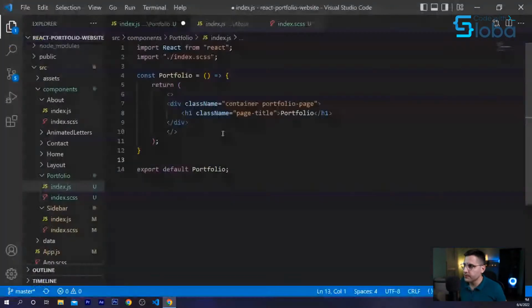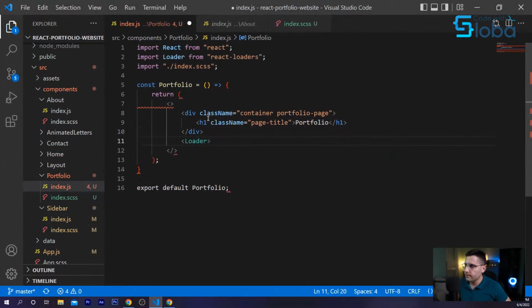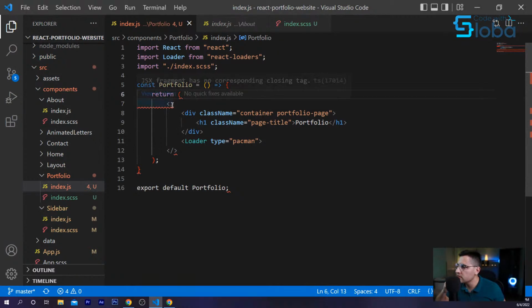Let's add it quickly. So I added the wrapper around the div, and below that, I want to add loader, if I can spell it. Okay, sorry, loader. Okay, loader, and it's imported from React Loaders package. Okay, and the type should be Pacman. Yes. Let me just see. I have some error.